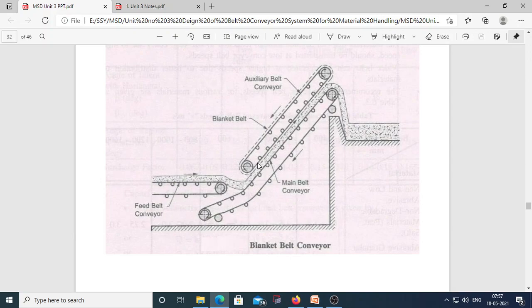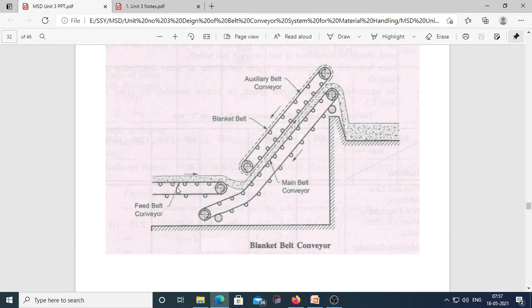Okay, in the case of this belt conveyor, the belt slope varies between 45 degrees and 60 degrees. Okay, how does this belt conveyor work?